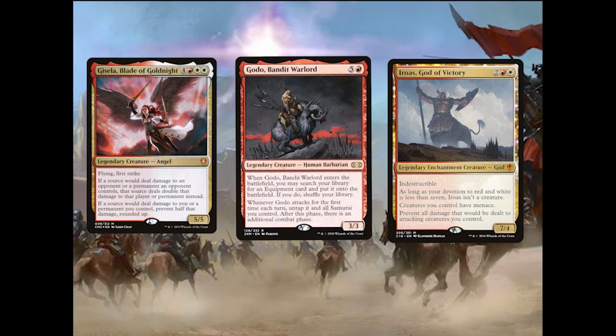Gisela, if there is a staple card, if there was a card that I would say is irreplaceable in this deck, it is Gisela, Blade of Goldnight. That card with any type of double strike, with True Conviction, with any other cards, let's say Soulbound, with a Silverblade Paladin, I think Gisela is basically one of the best cards, if not the best non-commander card, because it